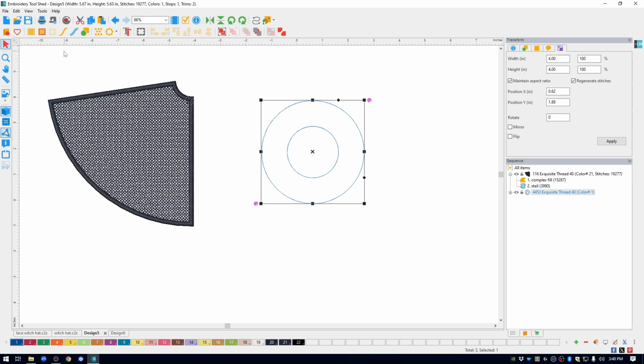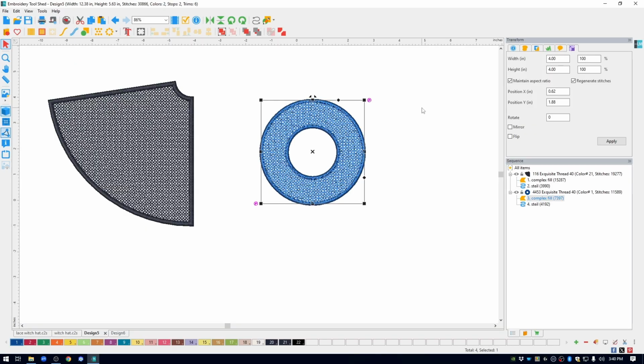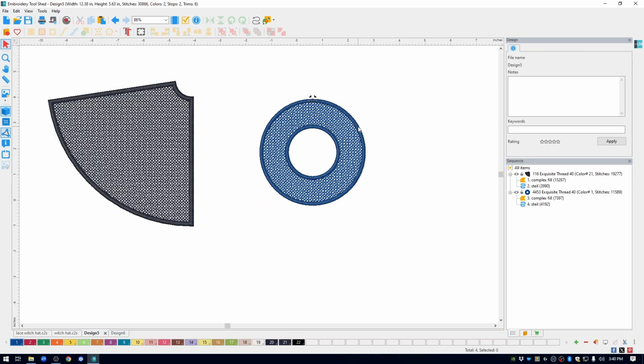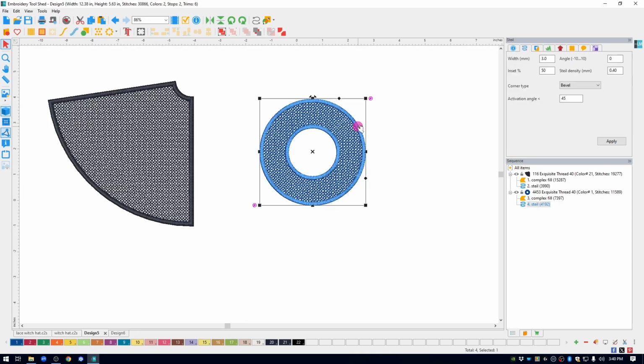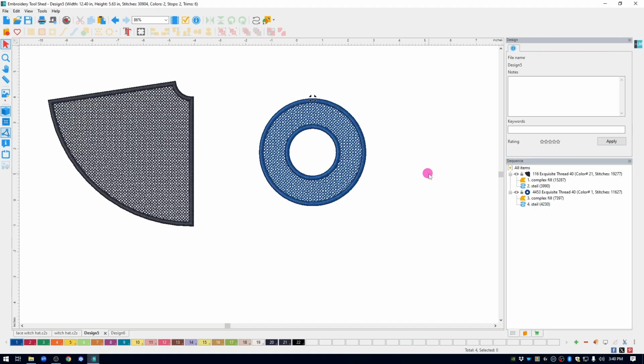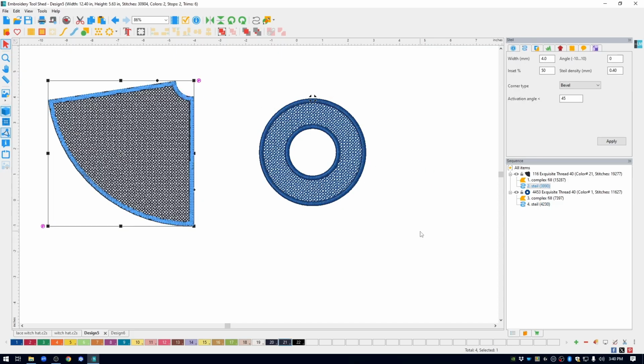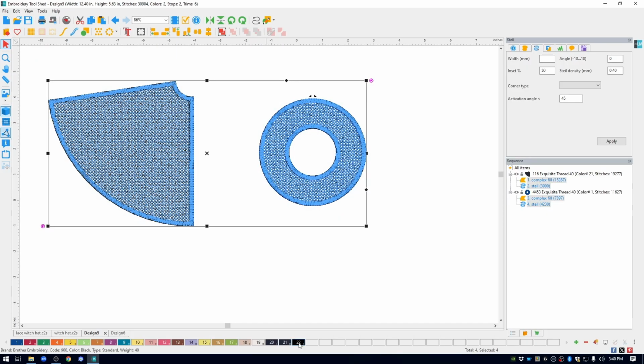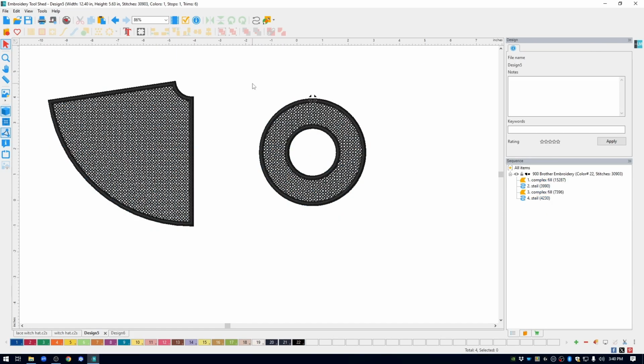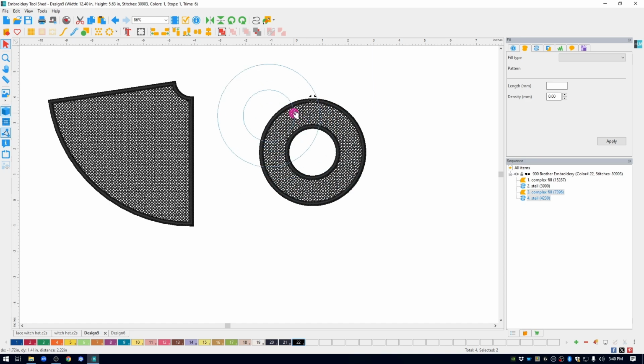Go over again to the lace grid and border to convert it, click on it, converts it to freestanding lace. I am going to click on it again with the steel window open. I'm going to change that width from 3 to 4 and hit apply. So here's our brim and here's our hat. I can choose both of them and set them to be the same color